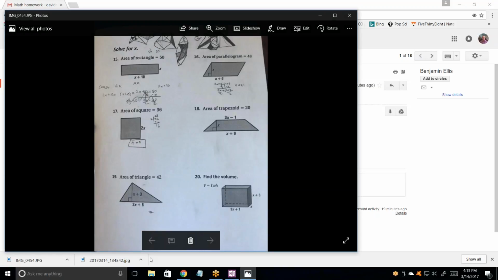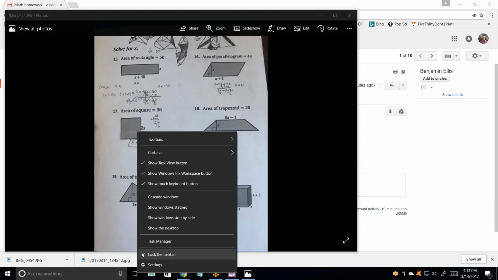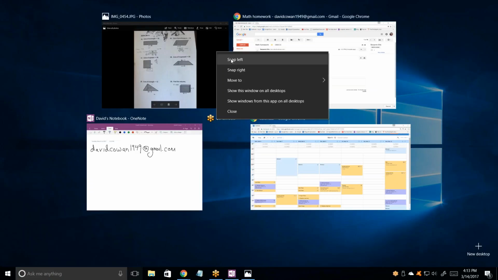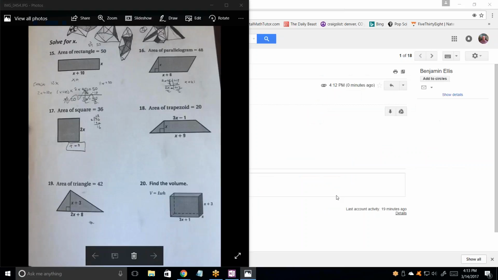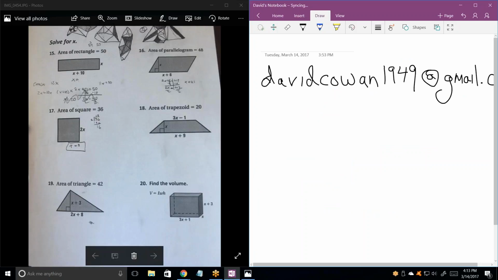All right, let me situate this so that I've got it on the left and I've got my drawing tablet on the right. All right, so